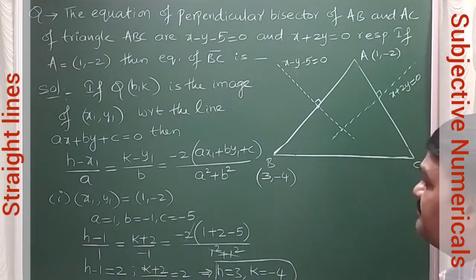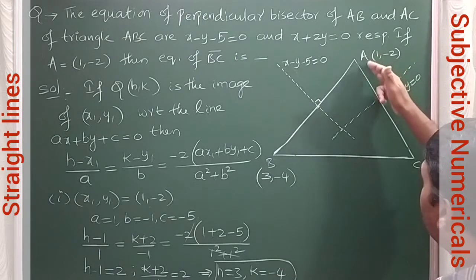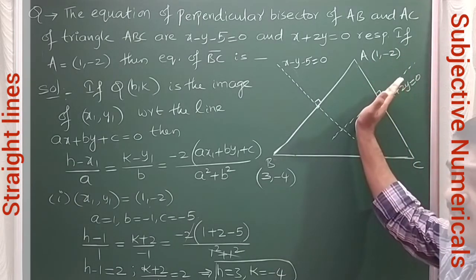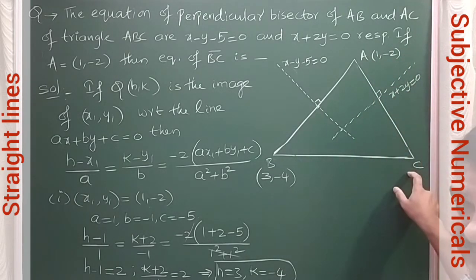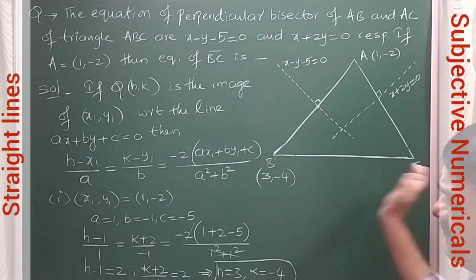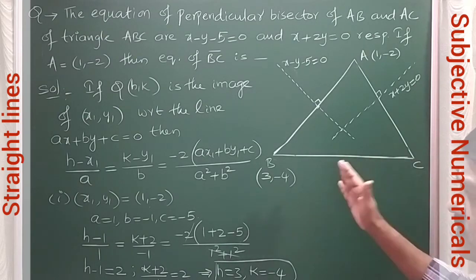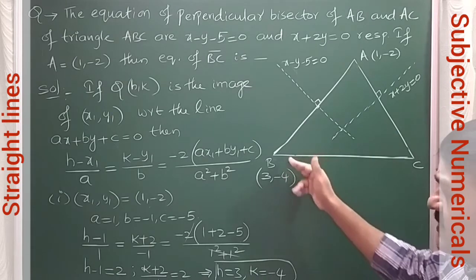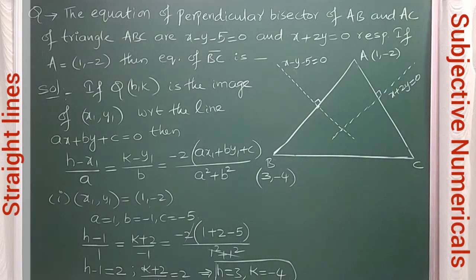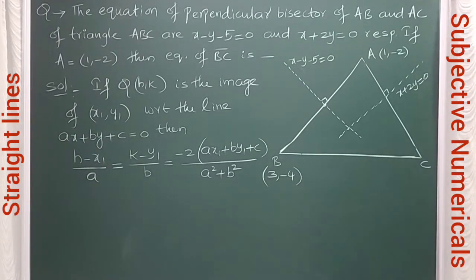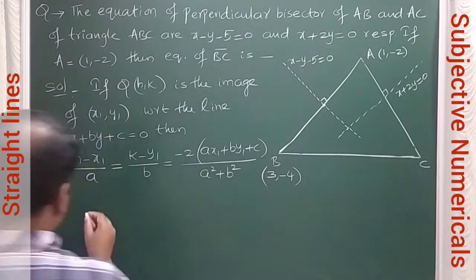The second case means we will find the image of A with respect to this line to get the point C. Once we get point C, we will find the equation of BC. So this is the first case. We have determined B. Now let us go to the second case to find C. So in the second case,